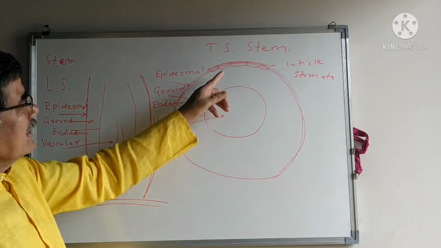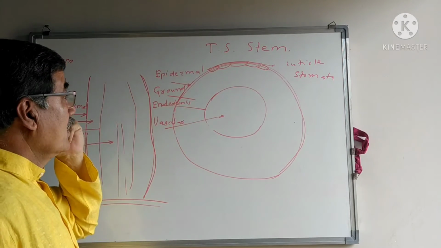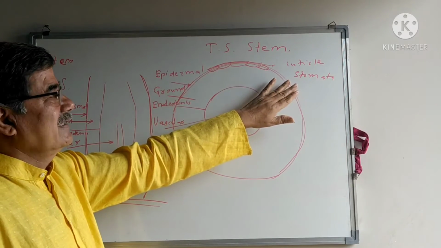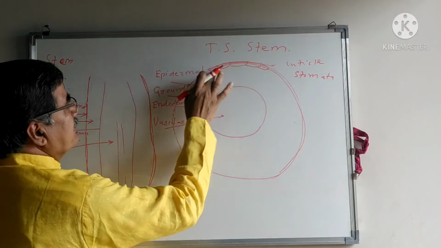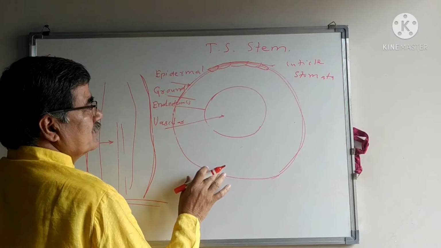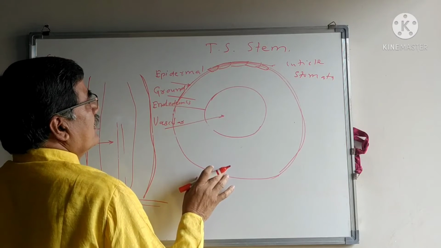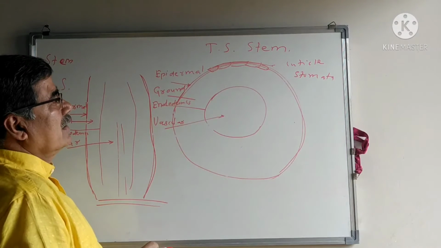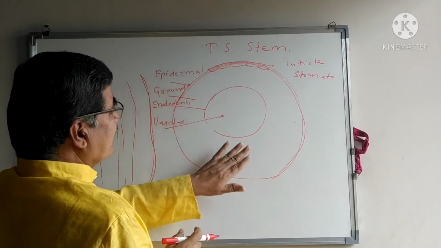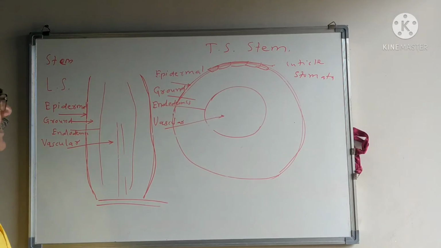The function of the stomata in the tissue system: gaseous exchange and transpiration. The total function of the epidermis is as a protective layer of the stem. It protects the inner delicate parts from heat and cold injuries. It does not allow sunlight inside the tissue system. This is the function of the epidermal tissue system.